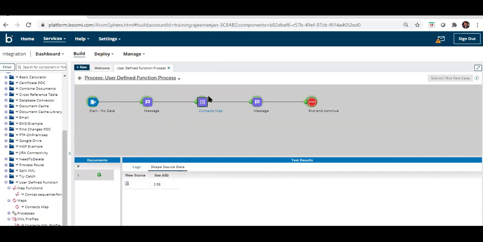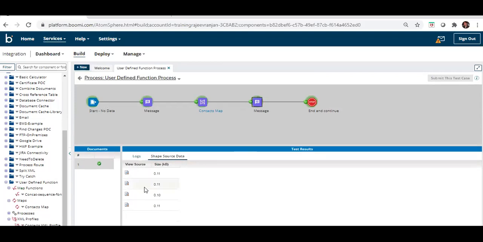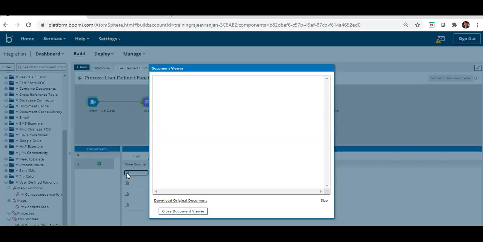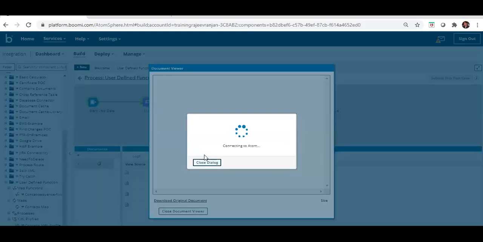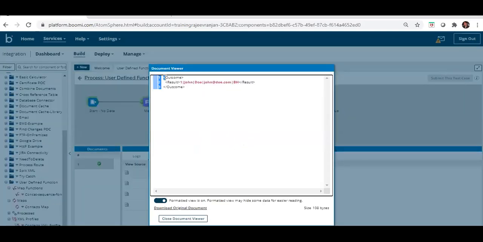After executing this map, we can see what it gives. It gives us 4 documents, and for each document we can see what it is doing. For each document, it gives us the concatenated value. If you see one, John Doe: the ID, first name, last name, email ID, and state are concatenated together, and the delimiter used is a pipe.